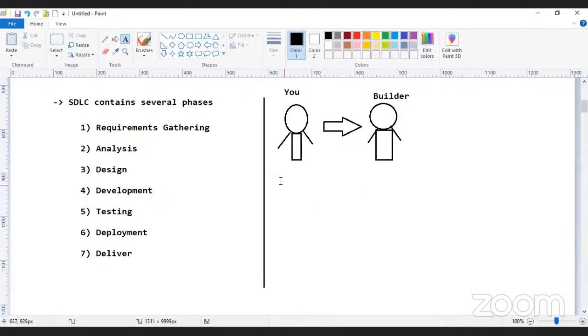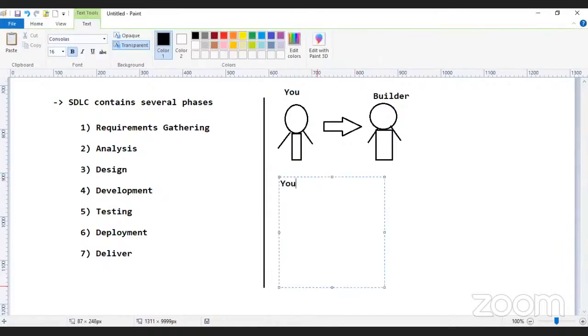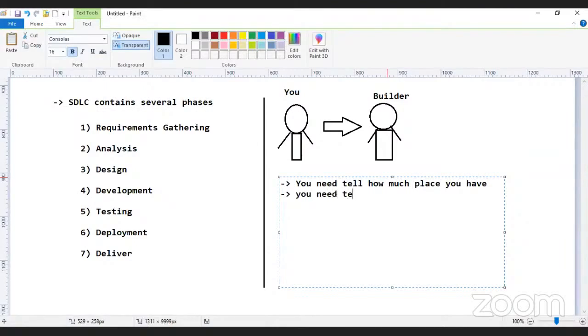What they will ask is that you need to tell them about your place, how much place you have. You need to tell about your requirements. That means how many floors you want, how many plots